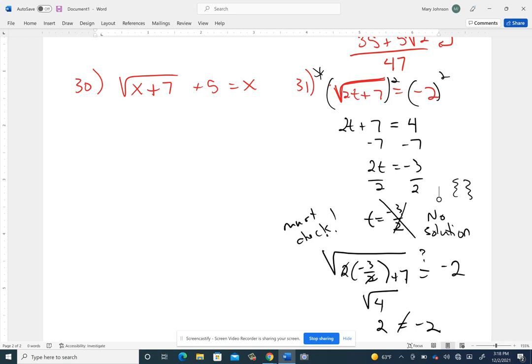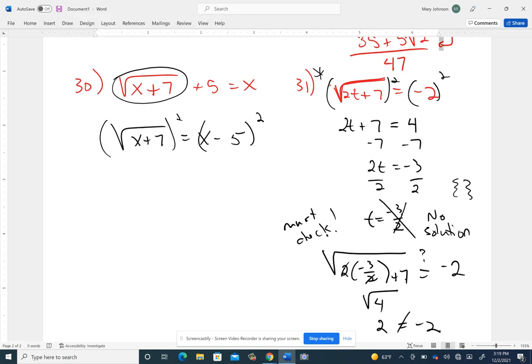All right, now over here, the mistake that you made if you missed this one normally had to do with you squaring right off the bat. But you've got to wait until your square root part is by itself. So I'm going to subtract the 5 first. Then I can square both sides. All right, and then if you got that far and made a mistake, it was normally because when you square,